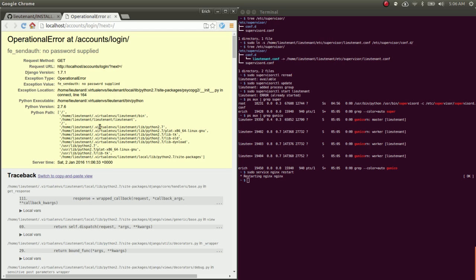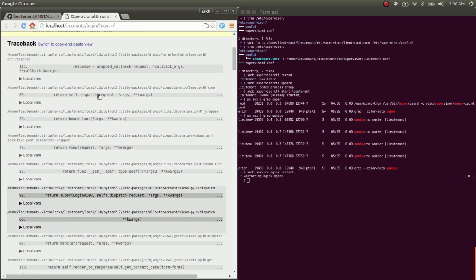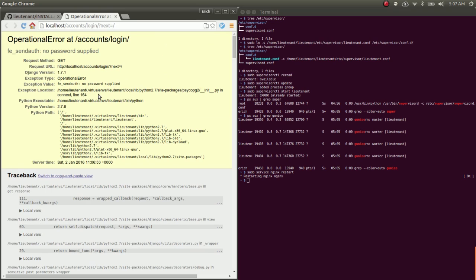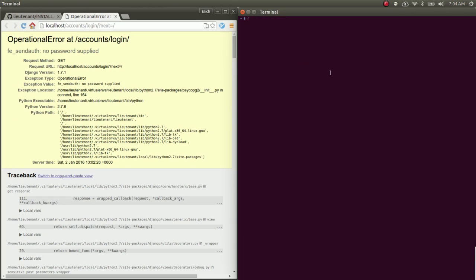I know that this is due to the database password not being supplied, but I can't remember if there's a way to tell that off the bat. So you might have to just take my word for it. Oh, yeah, we can tell that it's database by looking at this. Because this is the Postgres